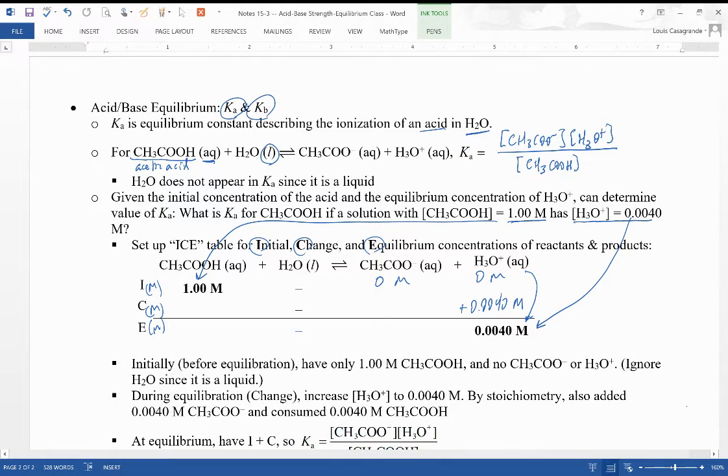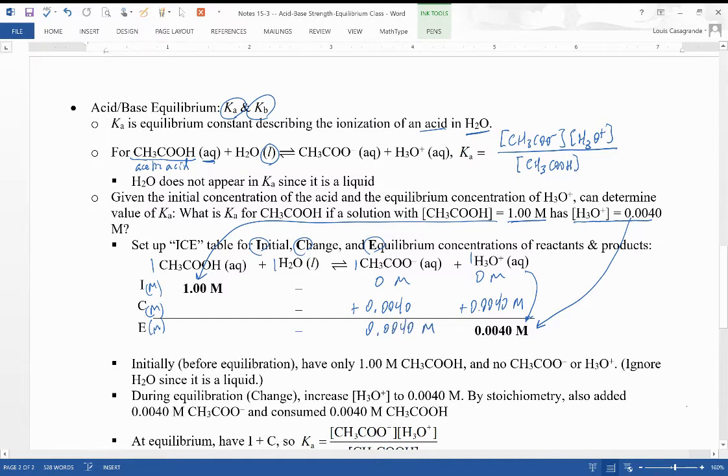And so that acetic acid dissociated, and this is a 1-to-1 to 1-to-1 ratio. So every H3O+ that we made, we must have made 1 acetate ion. And so the acetate ion concentration also goes up by 0.0040 molar. So that gets us with a final concentration of, you guessed it,